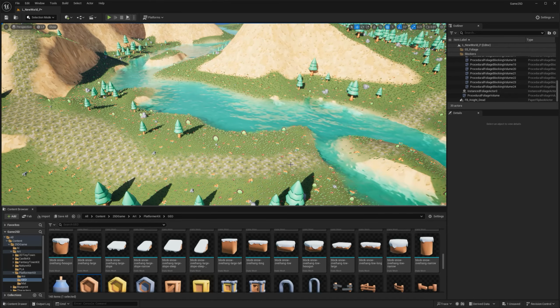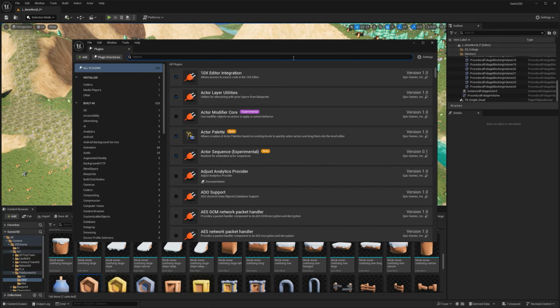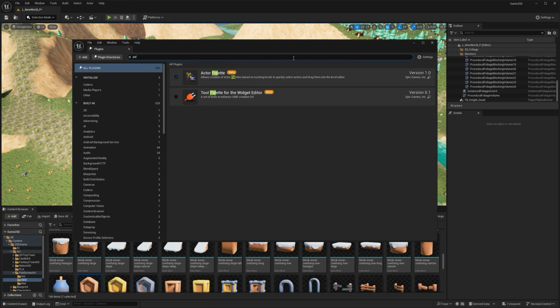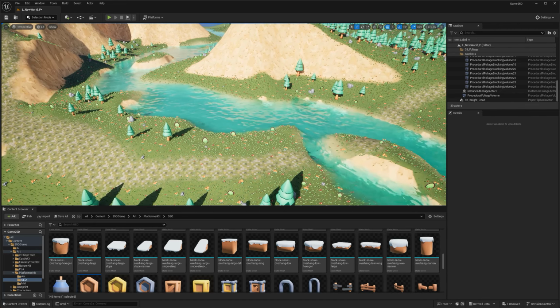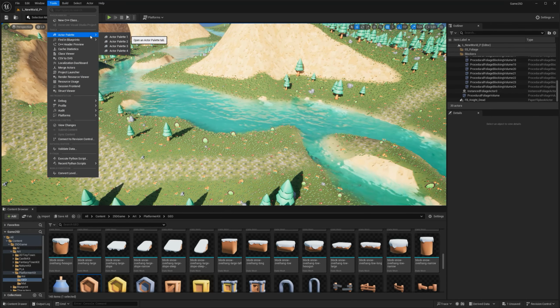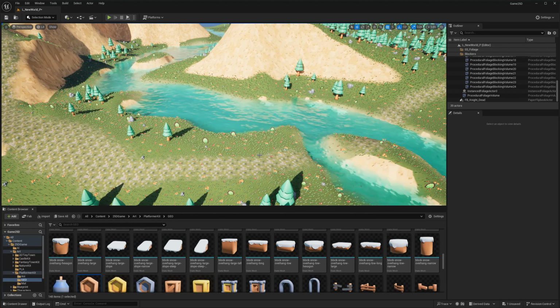So in order to do so, what I want you to do is to go to Settings, Plugins, and we're gonna look for Palette. And the one that we want is this one, Actor Palette. It's already enabled in my project, but it might not be yours. So you can just press it and then restart the engine. And when you're back, this is going to be available in Tools, Actor Palettes, and you have up to 4 that you can use. But before we click on it, there's one next step that we need to conclude before we're able to use it.